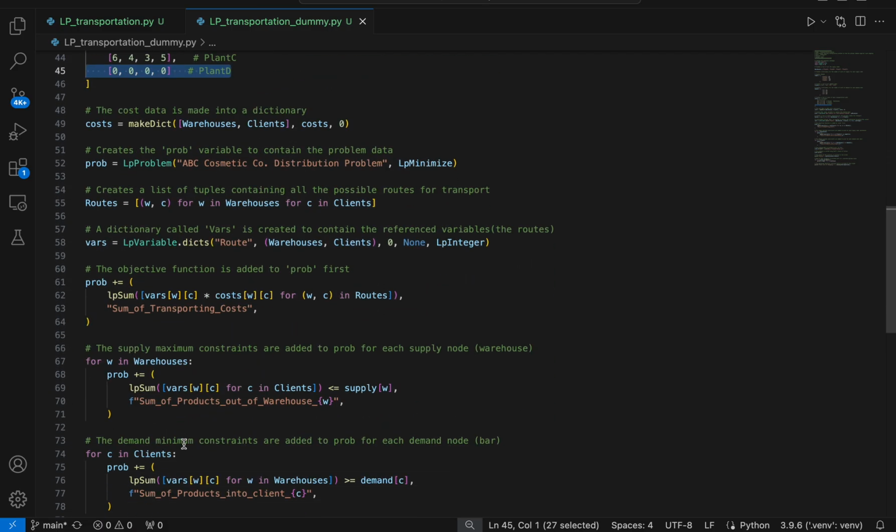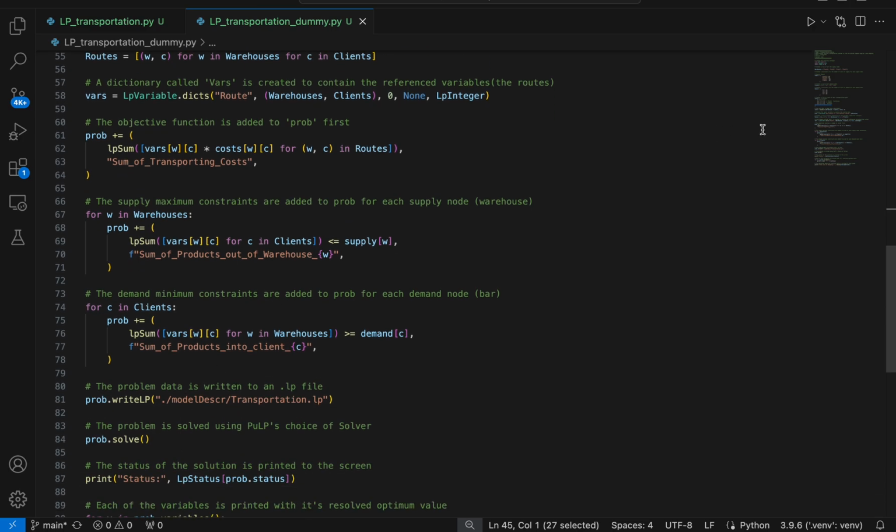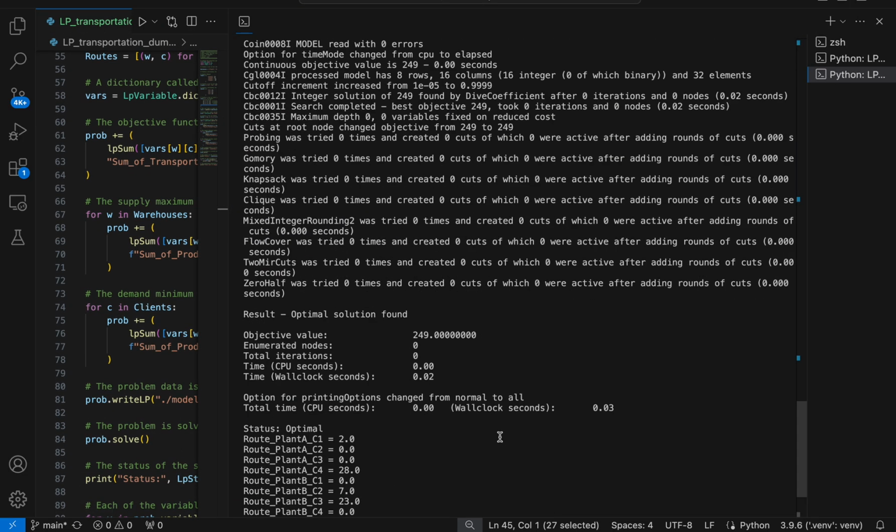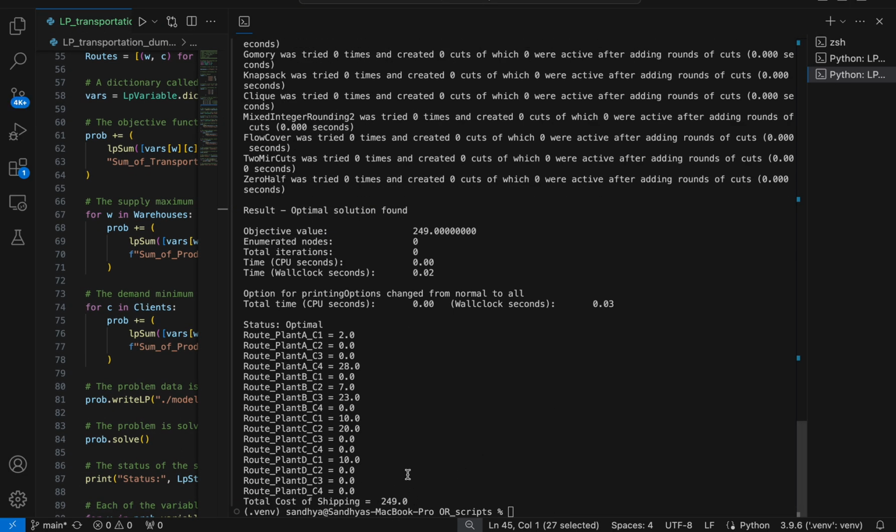Now when we solve for this, everything else pretty much remains the same. And now when we solve for this, we get a lower shipping cost and an optimal solution, because now that you are shipping less, you definitely have a lower shipping cost. And we understand that with the current setup,